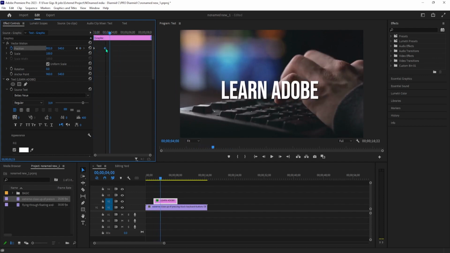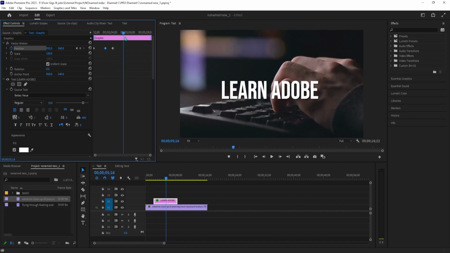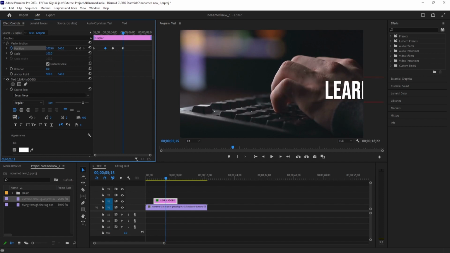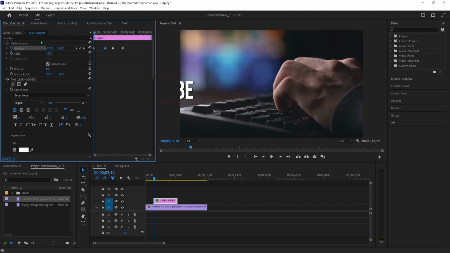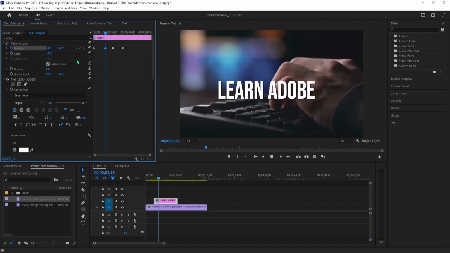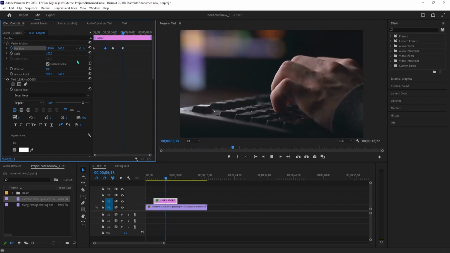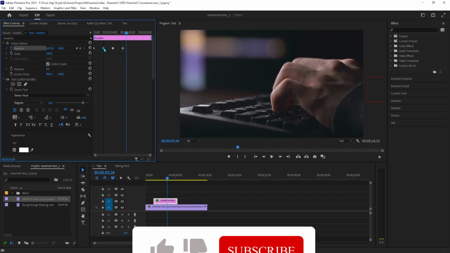To do that, I'm going to position my time marker to where I want my text to start leaving the frame. Then click the diamond between these two arrows to create a keyframe for the current position. Next, move your time marker to where you want your text to finish moving. Then change the position to where you want it to move to, which will automatically create a fourth keyframe. Okay, and there I have a simple text animation,